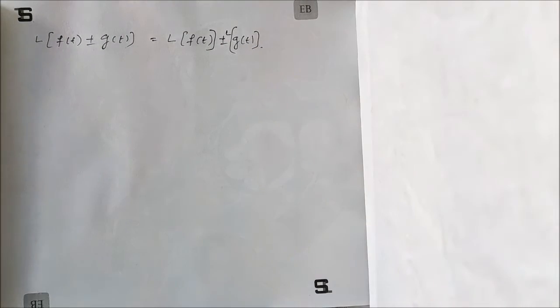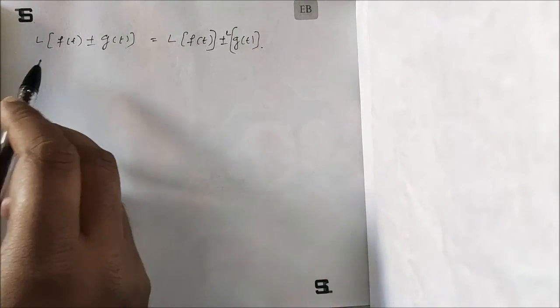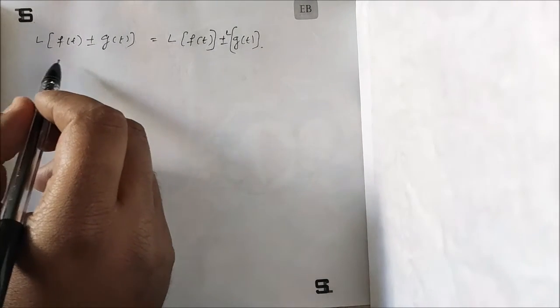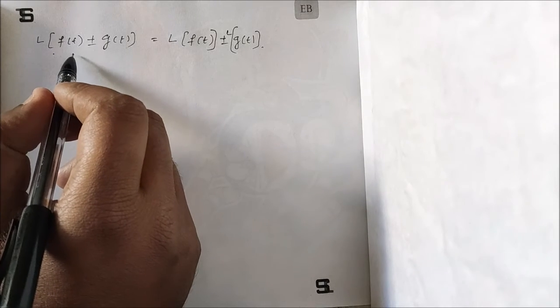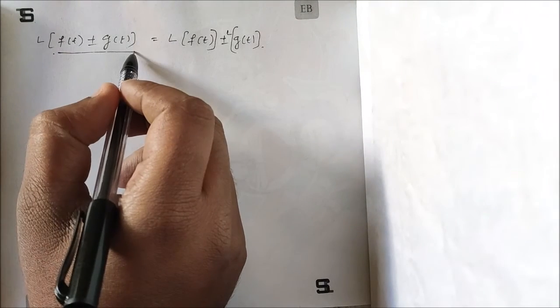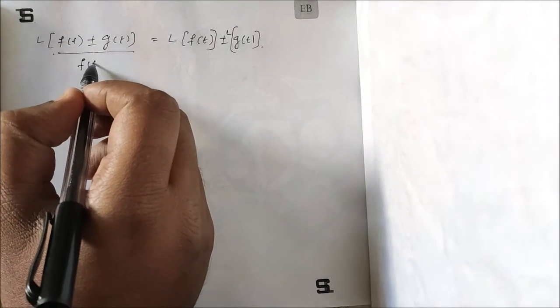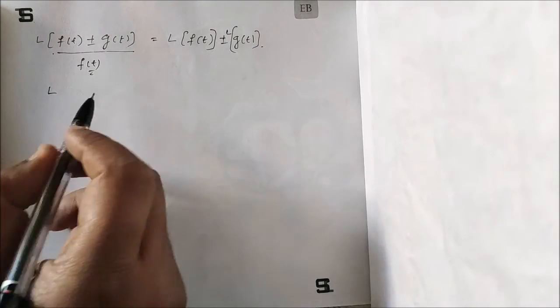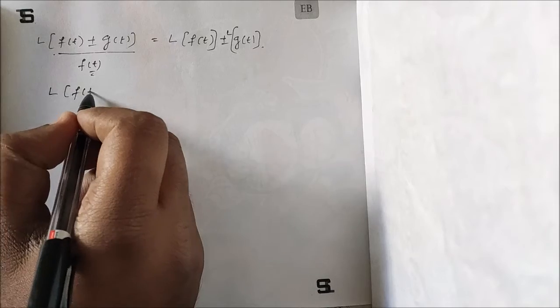We need to prove this. First let us consider, for our convenience, this whole function as f of t. Now according to the definition of Laplace, Laplace of f of t